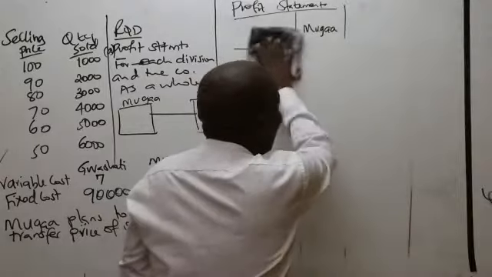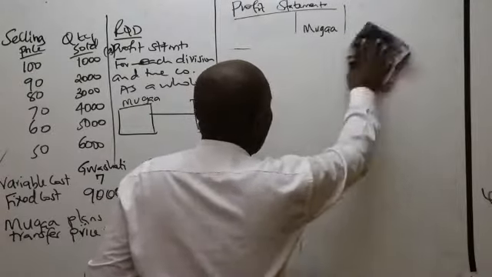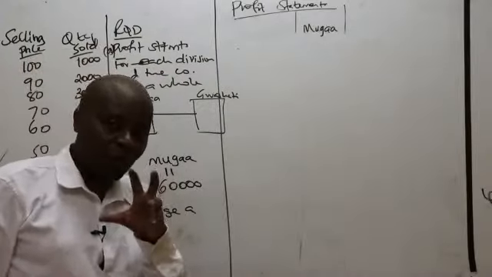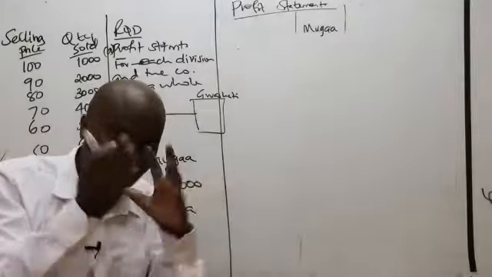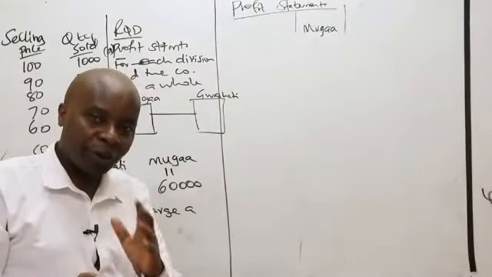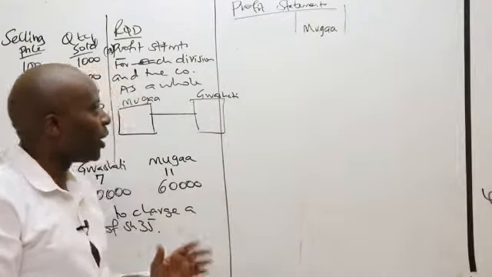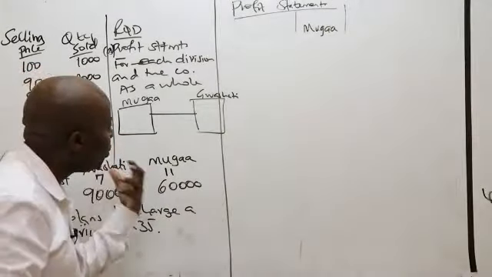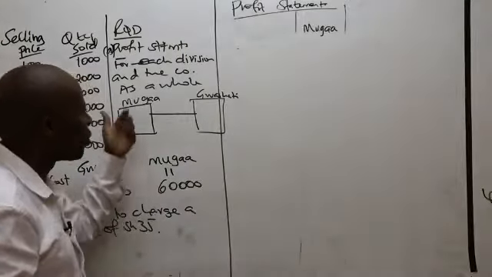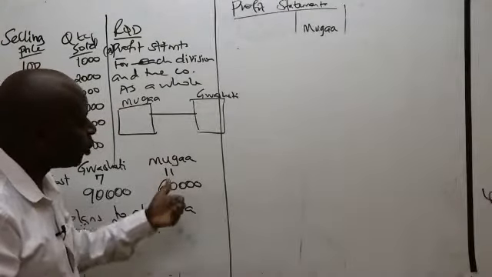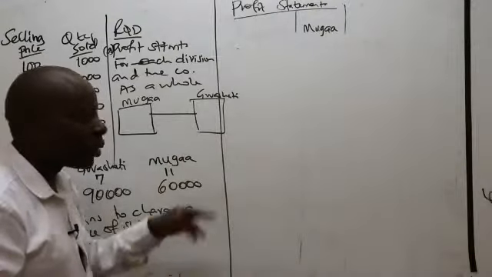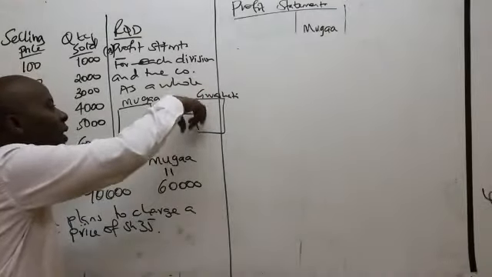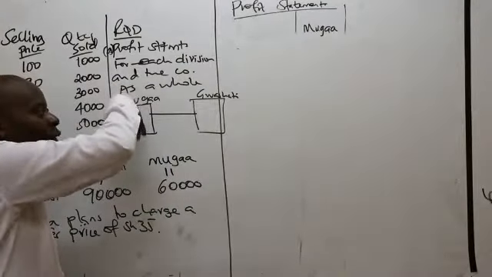So we start with Muga. I want to get the profits of Muga. How do we get profits, ladies and gentlemen? To get profits, we normally take the revenue we generate minus cost. Revenue minus cost. So Muga is not going to sell or rather produce goods of its own without getting instructions from Washati. So the quantity that Washati will sell to the external customers is the same quantity that Muga will be forced to produce.